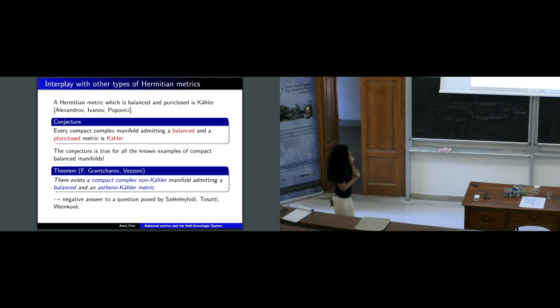So the conjecture, which is still open, is: let's start with a compact complex manifold admitting a balanced and a pluriclosed metric, so two different metrics compatible with the same complex structure. Is it Kähler? That's open, and is in fact